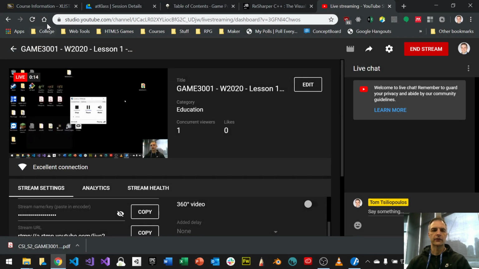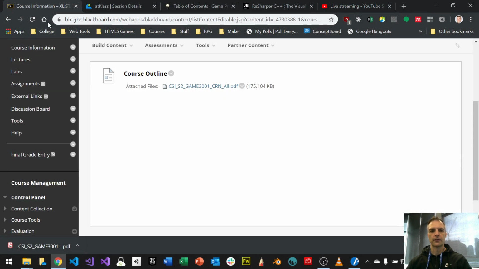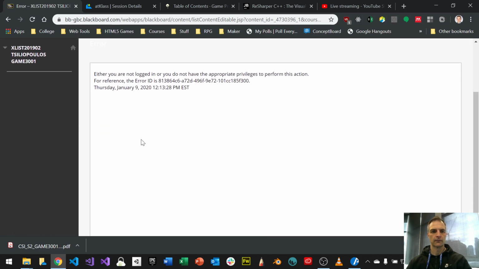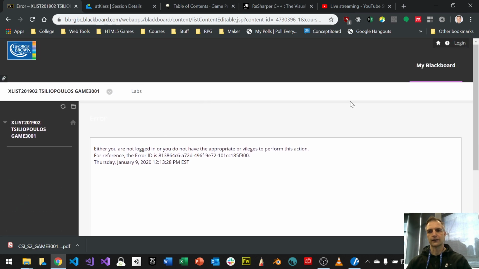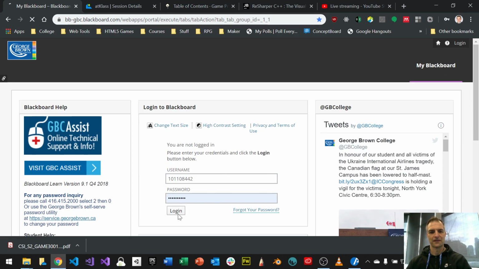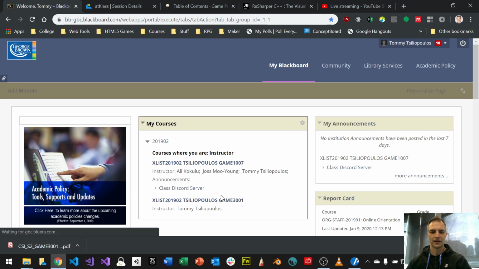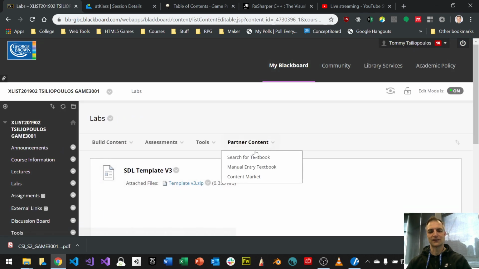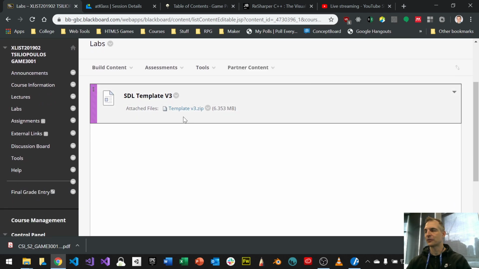So if you go up on Blackboard, under Labs, I'm not logged in, but let's see if I can log in. I'll be okay. If you go up to Labs on the left, you can see that there is an SDL Template version 3 that we'll be talking about today. And if you download that,